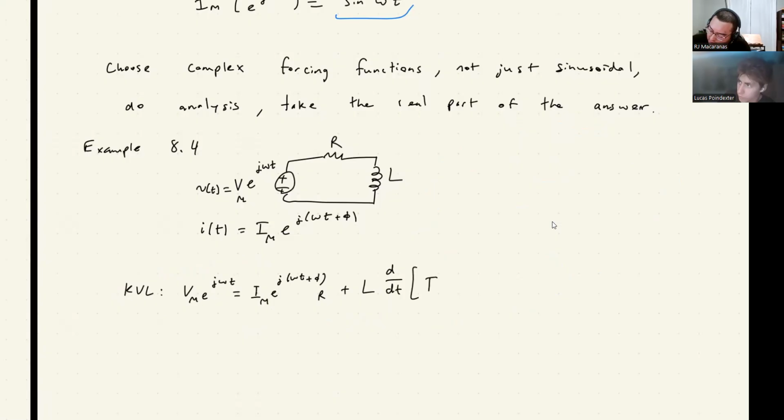I'm going to take the derivative of my complex current here, and if I go through and take that derivative, I get